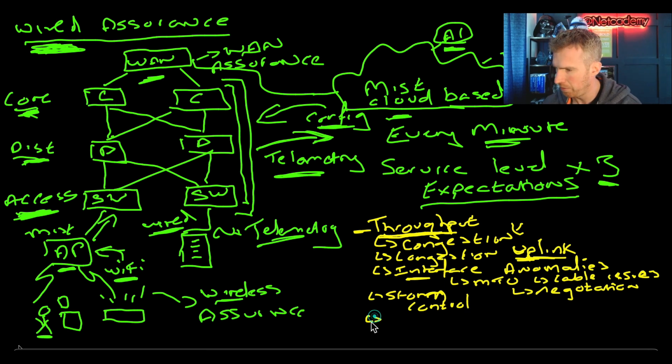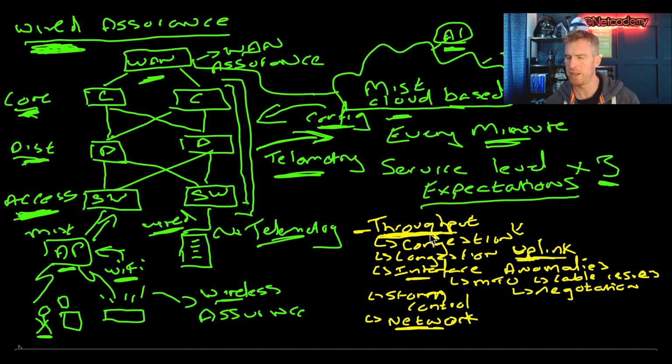And the final one for throughput is network. Now for the network, there are two sub-classifiers, which are your jitter and latency, i.e. all the service level expectations that can be impacted by networking events, which is inevitable, such as jitter and latency. So that is the throughput service level expectation.